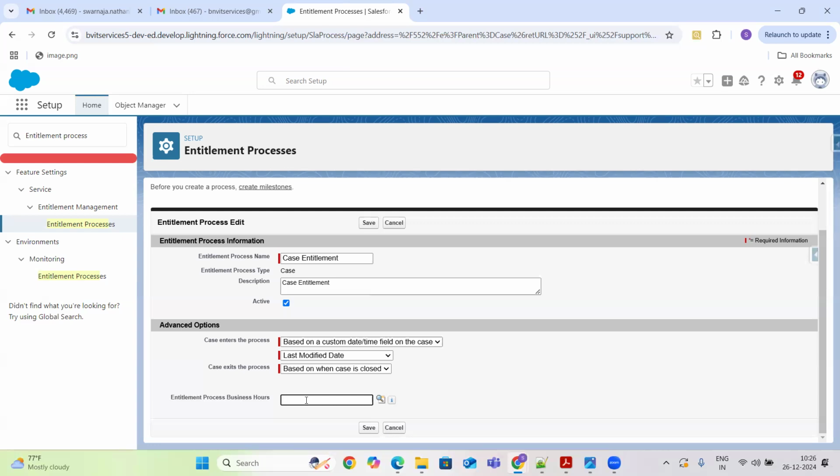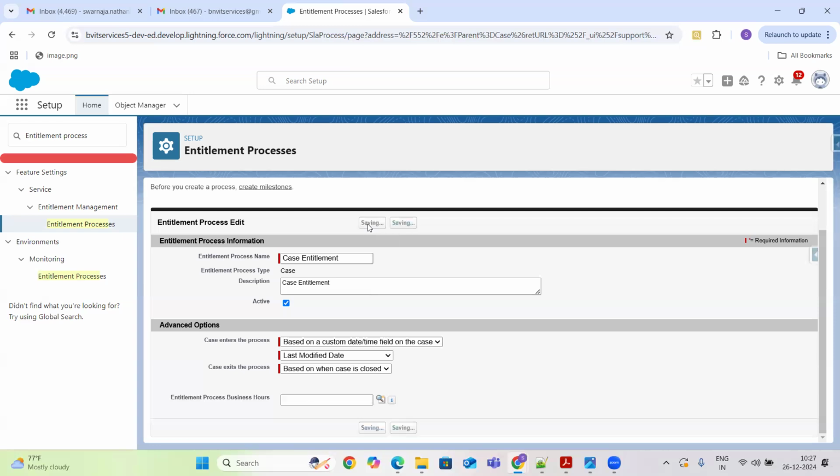Then we will set the entitlement process business hours, but 99% they will not use it because of how the support process works. Most companies provide 24 hours support. Coming to a bank, we have been hearing that this is not the working hours of the bank, and it will not work from this time to this time. Only such exceptional, very secure places will use this, but most projects will not use it.